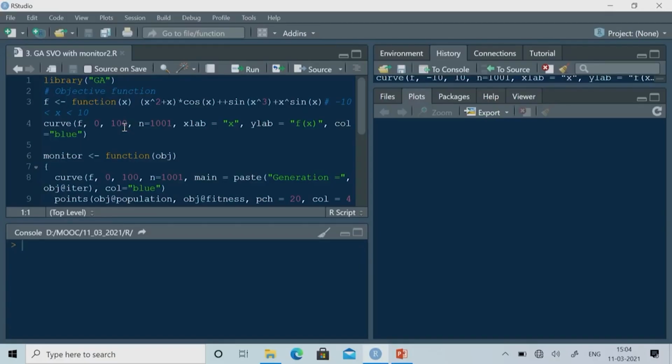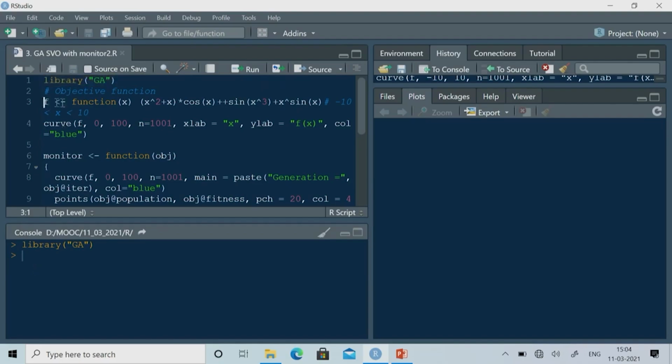Now, I would like to solve the second problem. As you have seen, that is also a maximization problem and we have a lot of local optimal solutions. Several local optimal solutions are there and we will use GA to get the global optimal solution of this particular problem. Okay. So, this is the code I have shown here. Here you have to include the library. GA has already been installed, so just include the GA library and then write the function. Let us execute the first line. I have included the library here